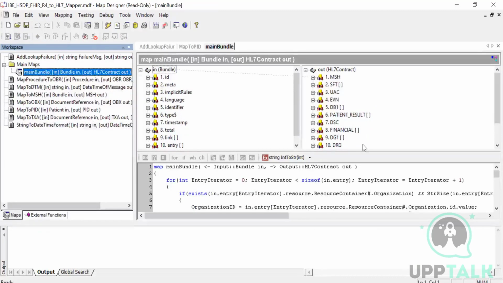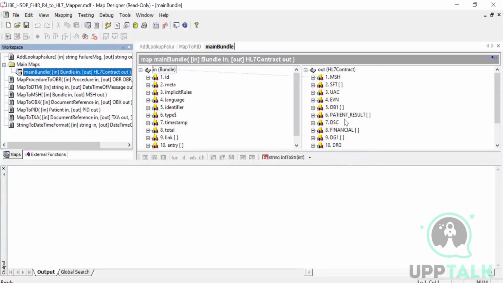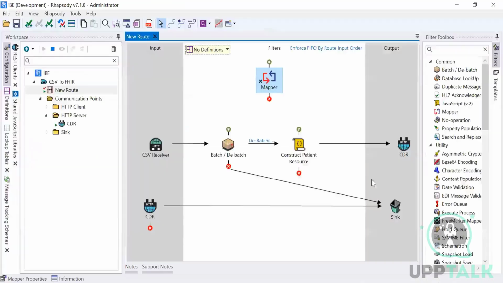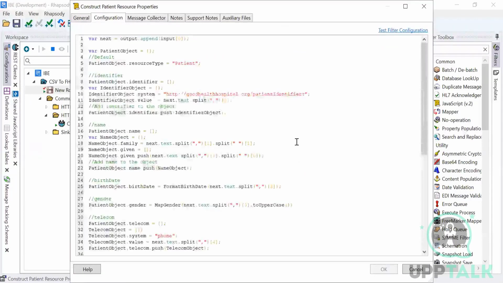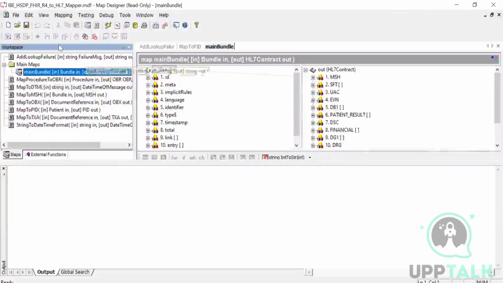Okay, so just as an example, I found one mapper where we are receiving FHIR and we are building an HL7 out of it. Rhapsody provides a provision. There is a filter. You can definitely do the same script in JavaScript also. This is a JavaScript filter. You can parse the entire JSON within this, but there are chances that you might make a typo here and there. So Rhapsody provides a provision known as a mapper, where you can provide an input schema and output schema. And I have already told you these schemas are either